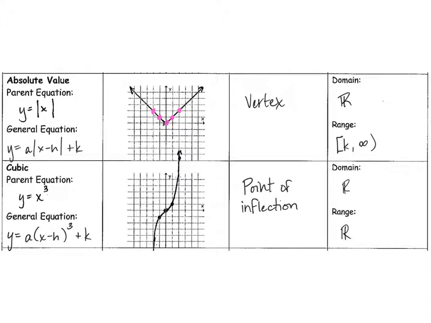Cubic, anything to the third power, so multiplied by itself 3 times. 0 times 0 times 0 is 0. 1 times 1 times 1 is 1. Negative 1 times negative 1 times negative 1 is negative 1. Now, if we go more out, where we lose a little bit of space there, if I go out 2, 2 times 2 times 2 is 8. So this down here, where we run out of space,